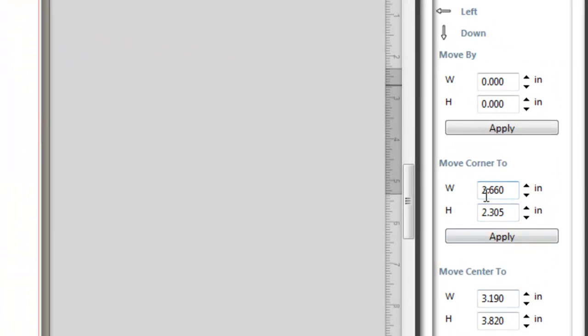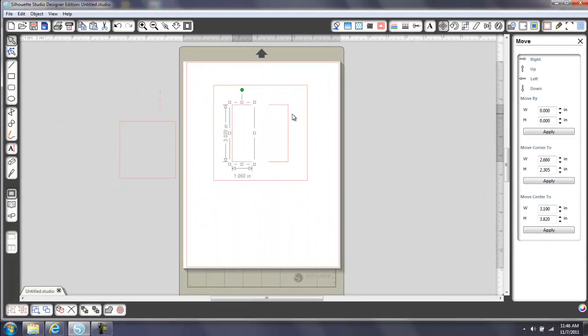It says corner is at 2.66 and this is at 2.305. So the height, it should be at 2.305. It is. So the Y coordinate is exact, X will not be. So that's it. Then